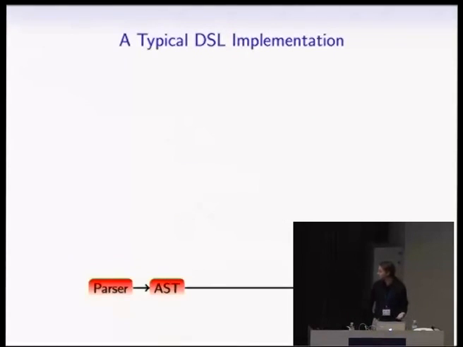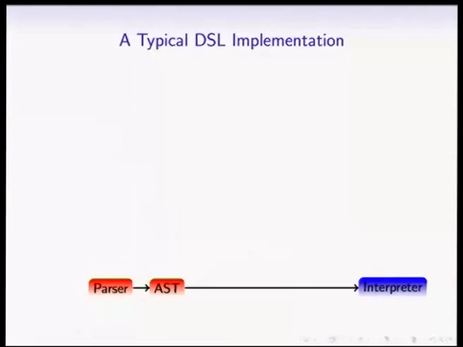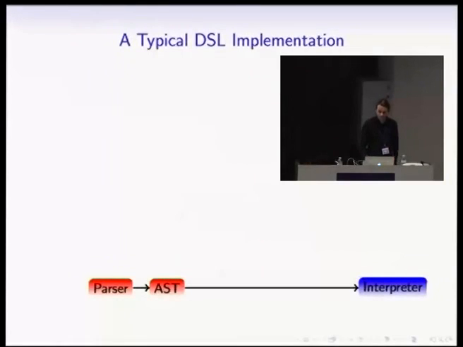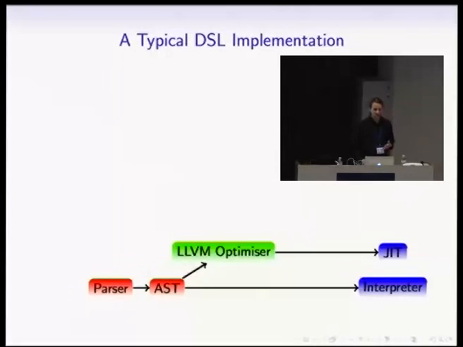So this is the typical thing that you'll start with, and I guess if you have an existing scripting language in your application or some embedded language, you'll have a parser and it'll create an abstract syntax tree, and you'll then pass that over to an interpreter. And maybe there'll be a bytecode stage in the middle, but maybe not. And the way you do this with LLVM is rather than passing it to the interpreter, you transform it into LLVM IR. And if it's a simple language, then you can just pass it straight out to the just-in-time compiler.